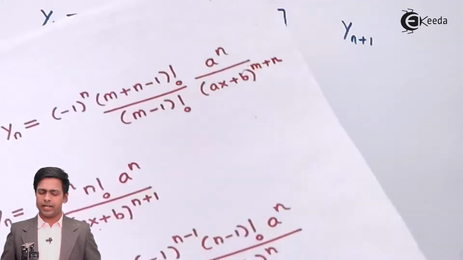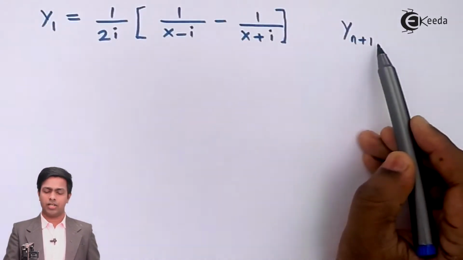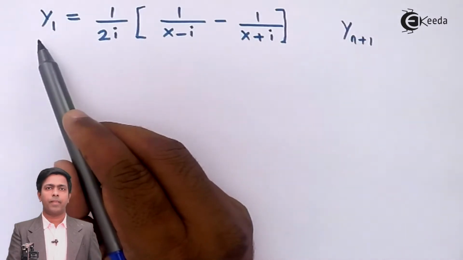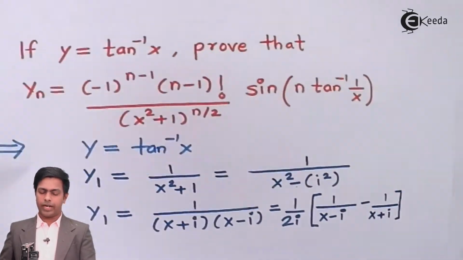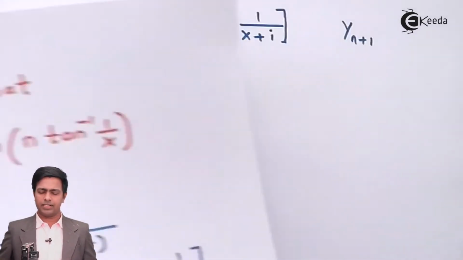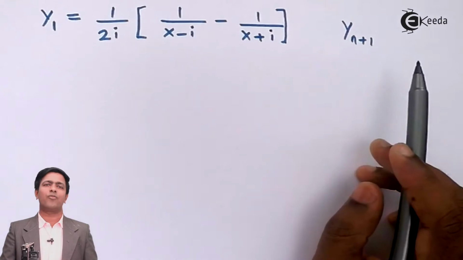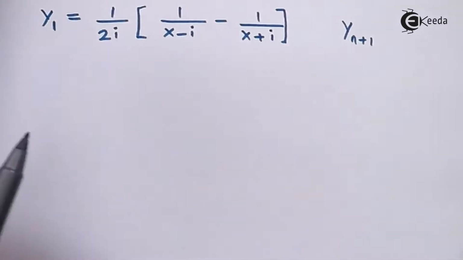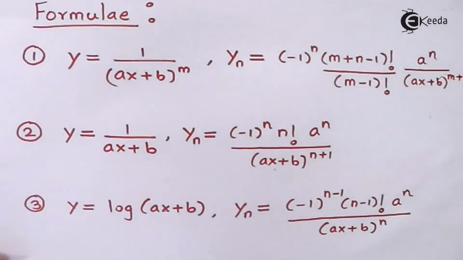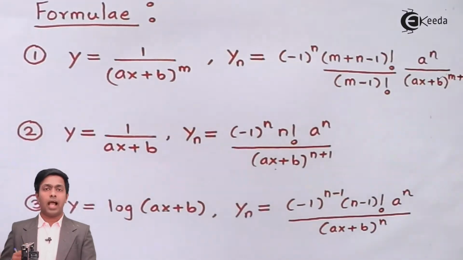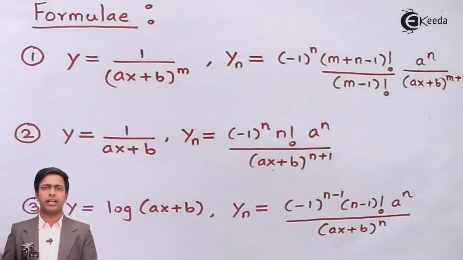So the same nth derivative which I got here, which is yn, I'll get it at y of n plus 1, because here I'm starting my function at y1. But if you observe the question, then in my question we have to get the value of yn. So it means getting the value of y of n plus 1 is of no use. So how to get the value of yn? So that's simple. As I said, we will get this value at a stage of y of n plus 1. What we'll do is we'll come one step before and we'll subtract 1 from the nth derivative, and then we can get the value of yn.